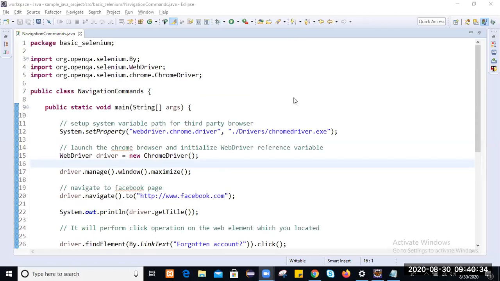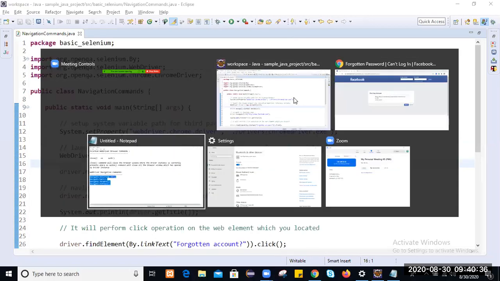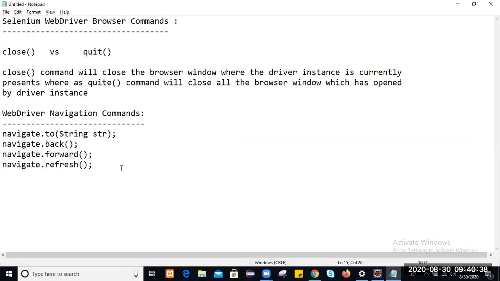These are the four commands we have looked at, the WebDriver navigation commands.